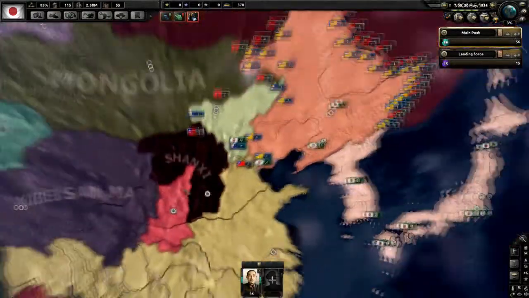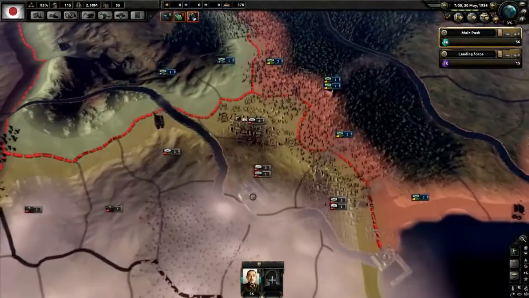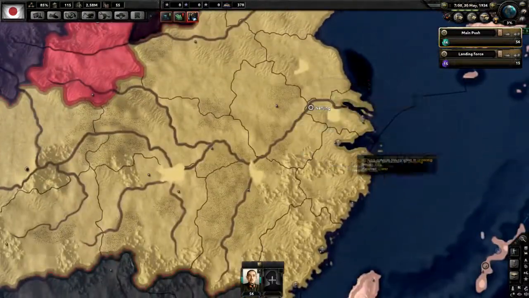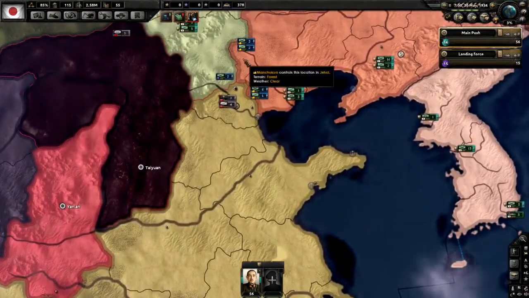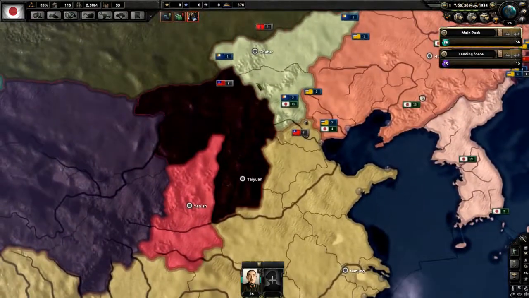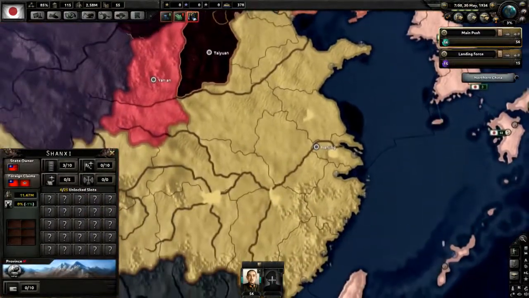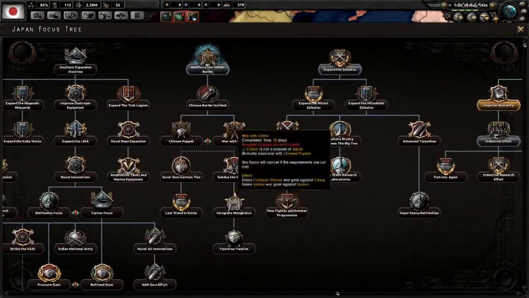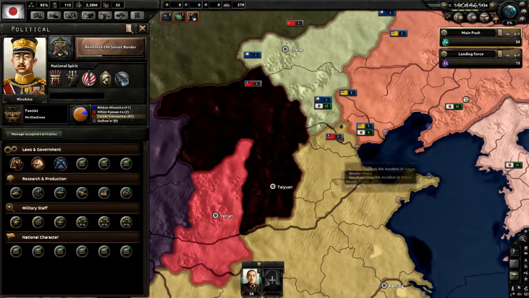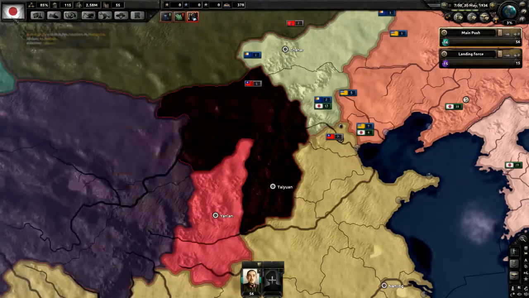So when we do push into China, I'm going to try and push as fast as I can here, and also make a front line around here, because that will relegate tons of troops from this front and send them around here. This part of China is going to be a bit difficult to fight in, but we're going to try. I'm going to be annexing this place first, then going for the completion of China, because it just says China,